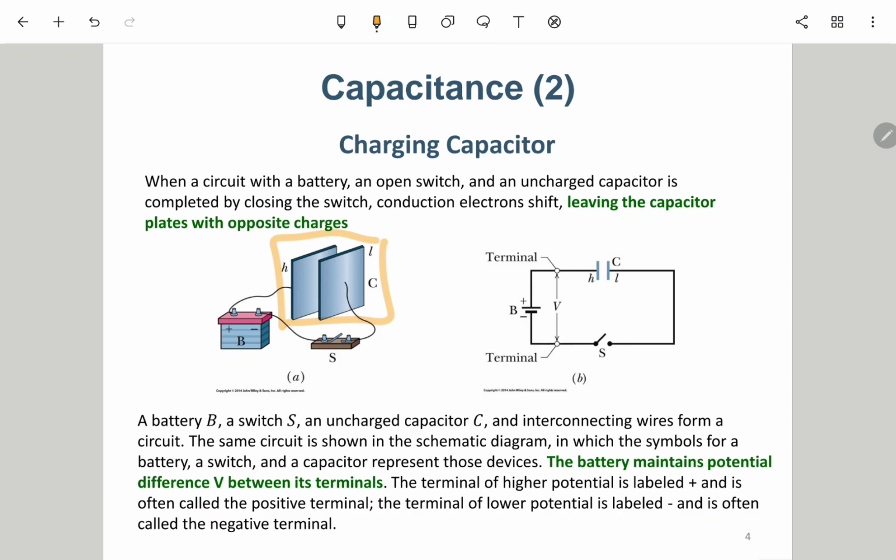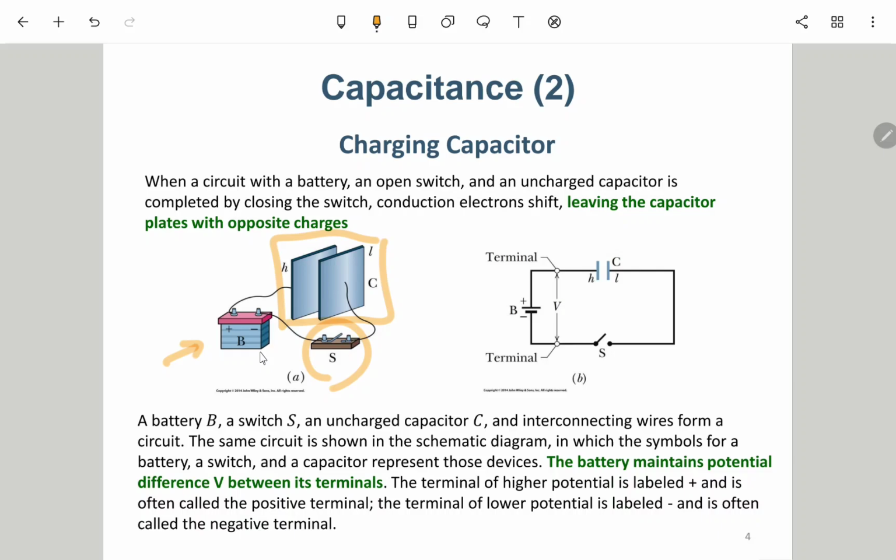Okay, so we have two square plates placed close together, and then here we have a battery. We have a switch, 就是有个开关，有个电池，有个电容把它串在一起。